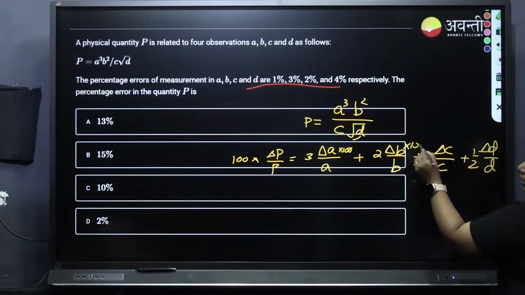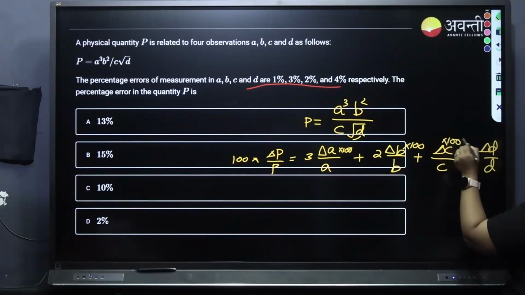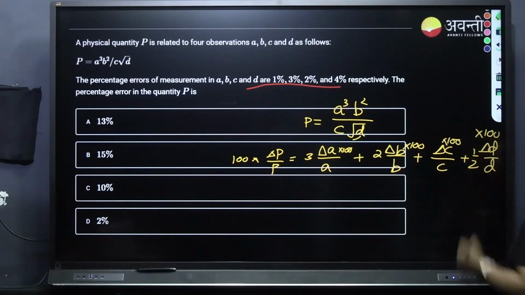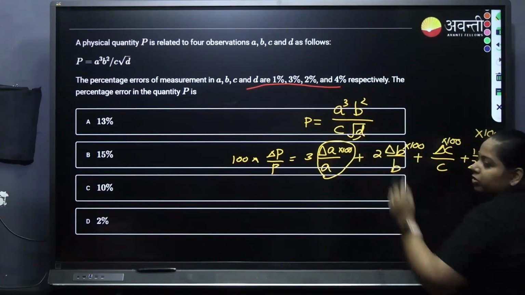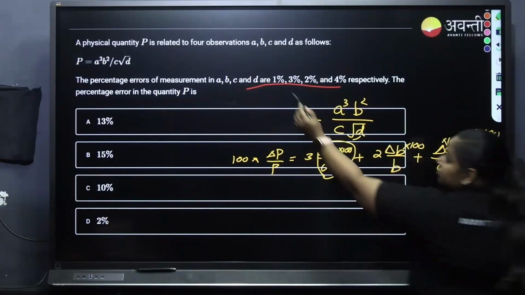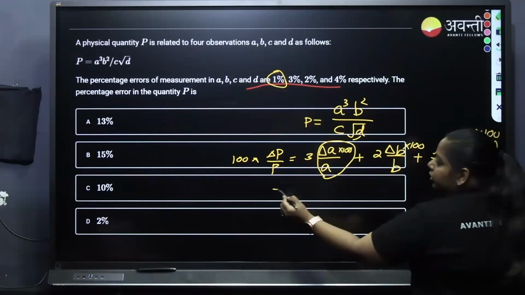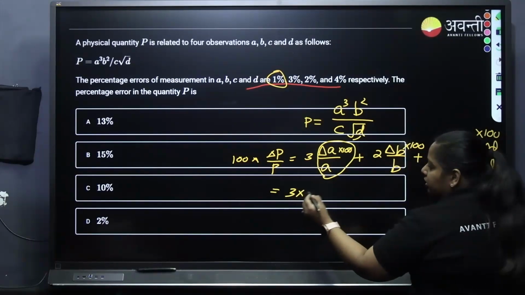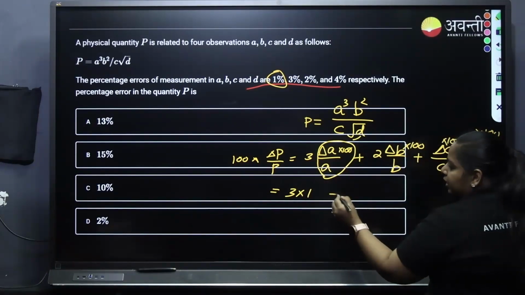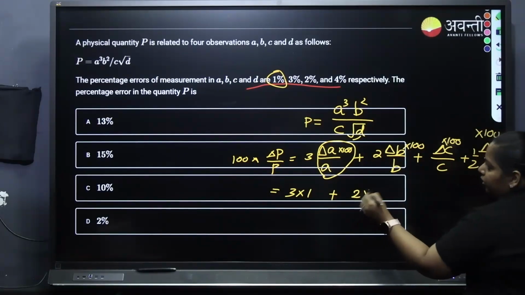Here also I am multiplying with 100, here also, and here also. So delta A by A into 100 is the percentage error of A. That is given as 1% here. So instead of doing a whole other calculation, I will just write 3 into 1. That is this. Plus this will become 2 into